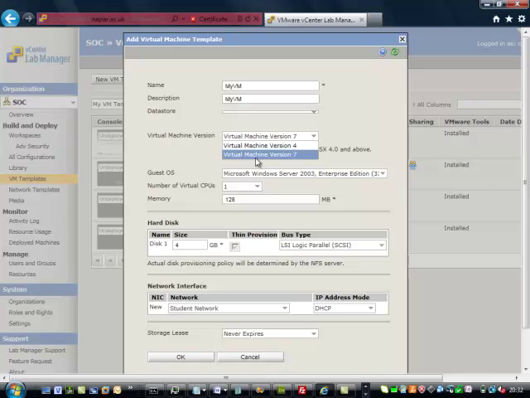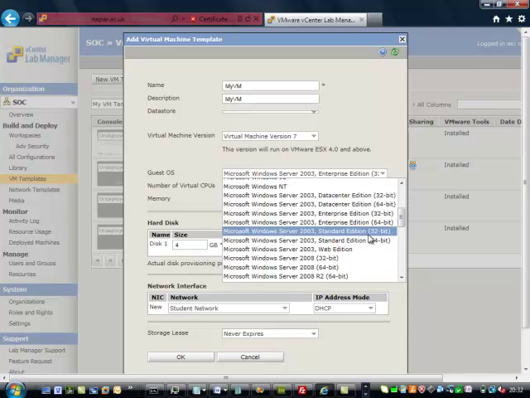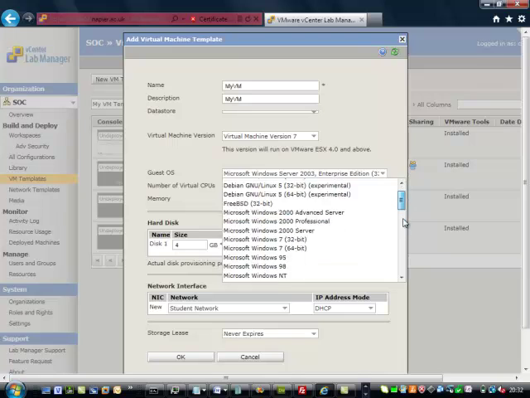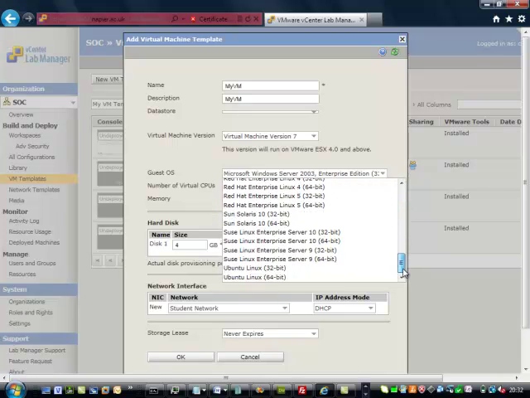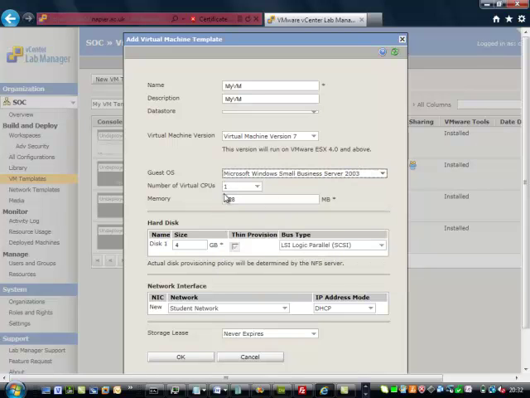We can select the version, typically it's version 7 that we would use, and we can define the guest operating system from here. So there's a range of guest operating systems that we can use, from Linux to Windows and so on. We can see that the maximum number of CPUs that we can use is 8,